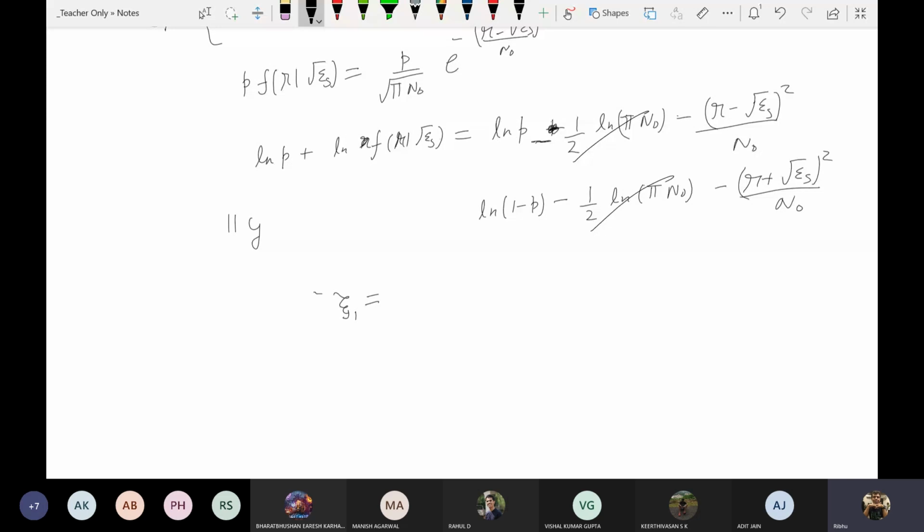This part cancels out. Xi 1 is N naught natural log of p, xi 2 is N naught